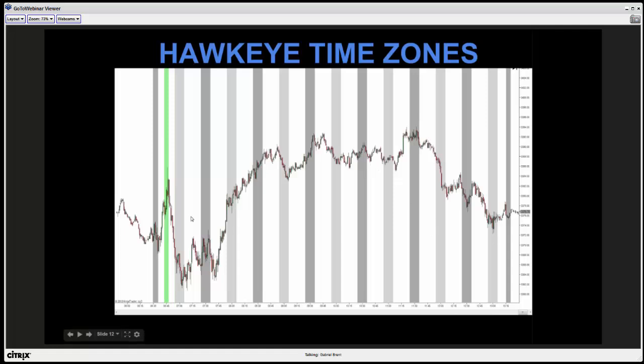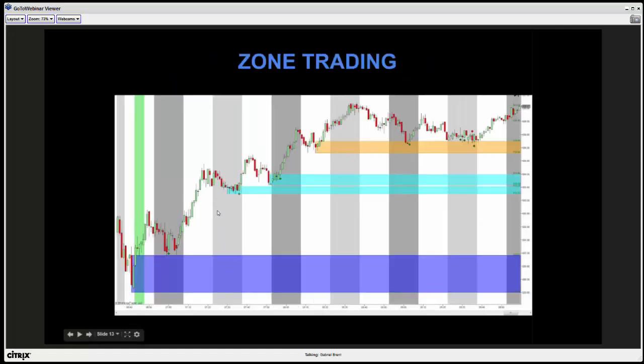and it's absolutely amazing. Now, what the Hawkeye Time tool allows us to do is time our trades, okay? And I will show you how this works to the fullest extent here today. But this is absolutely amazing, and I recommend that you use this tool on a 5-minute chart or less. So what we're identifying are the tops and the bottoms of the hour, as well as the first 15 minutes, so that when we put everything together, we get this beautiful symphony of zone action and price action, confirming the